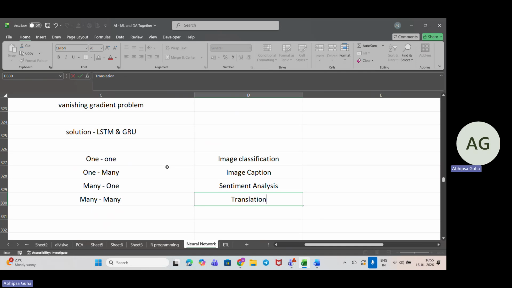GRU is good for faster training and smaller datasets. But the major solution for the vanishing gradient problem is LSTM, that is long short term memory. Okay, so this is all about